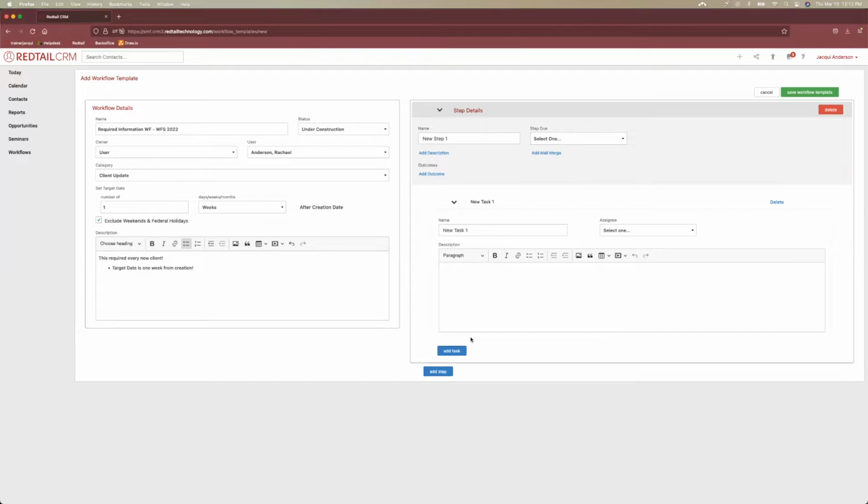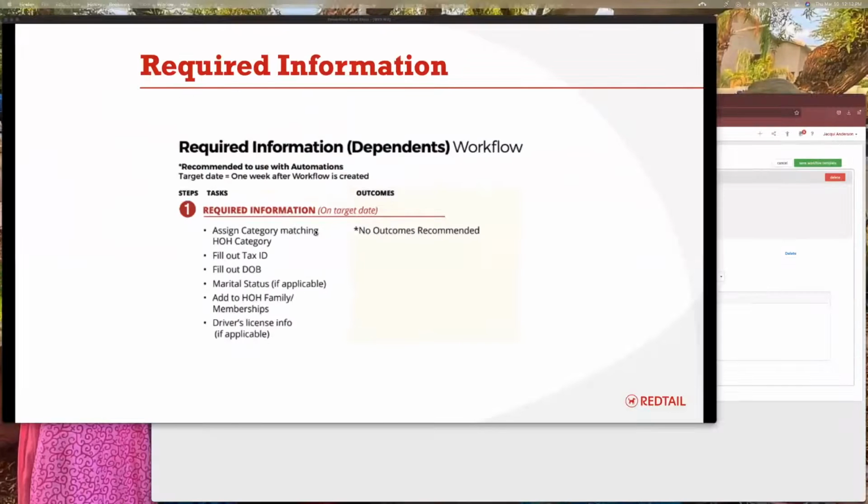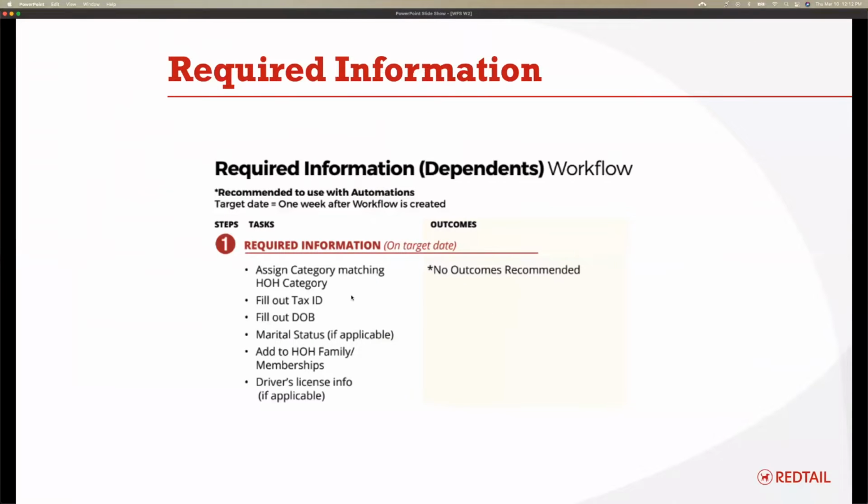So let's go back one more time into our PowerPoint. This is not one more time. I was misleading. Let's count how many tasks we're going to have, because this is going to be a list. So we're creating just a very quick checklist for us to utilize. First, we have 1, 2, 3, 4, 5, 6. We have 6 tasks. So we're going to go back into the CRM